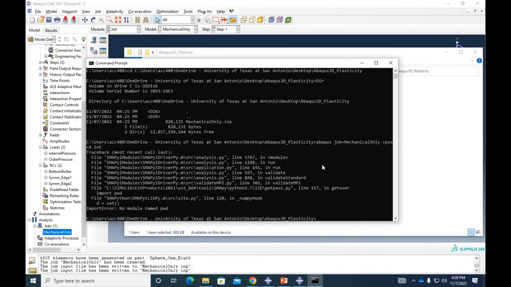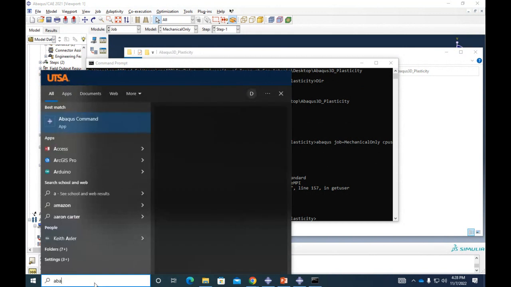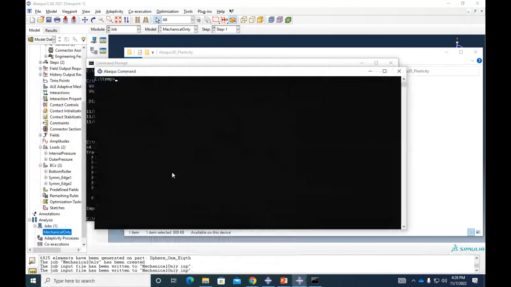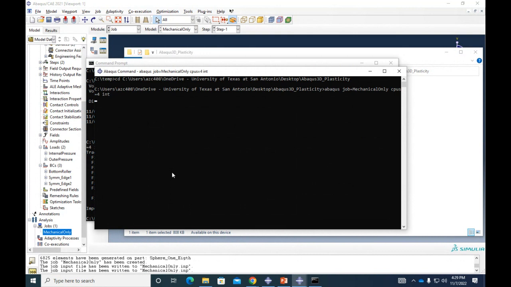And it didn't work. I think we cannot run in OneDrive. Let me see. So let's do it again. Abaqus job mechanical only, cpus equal 4, and then interactive.